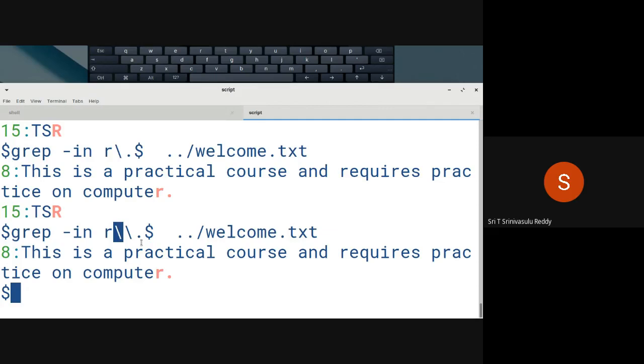Today we will stop at this stage, and we'll meet again on Thursday. If you have any specific questions, we can take them. Otherwise, we can close the session. Any questions now?